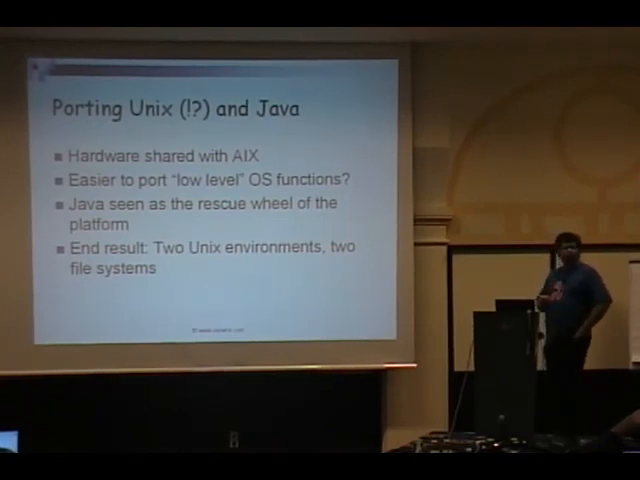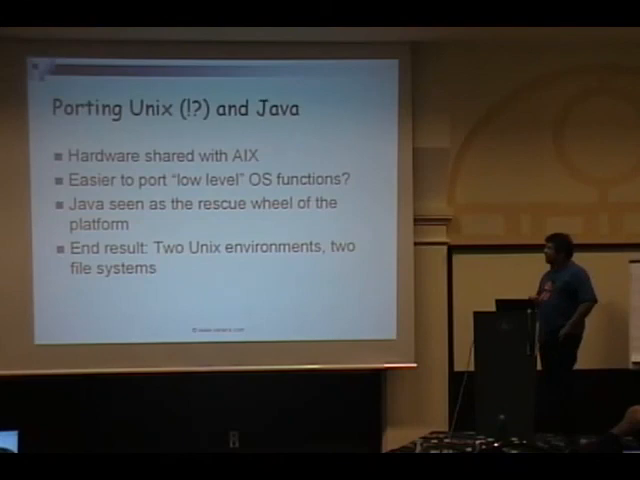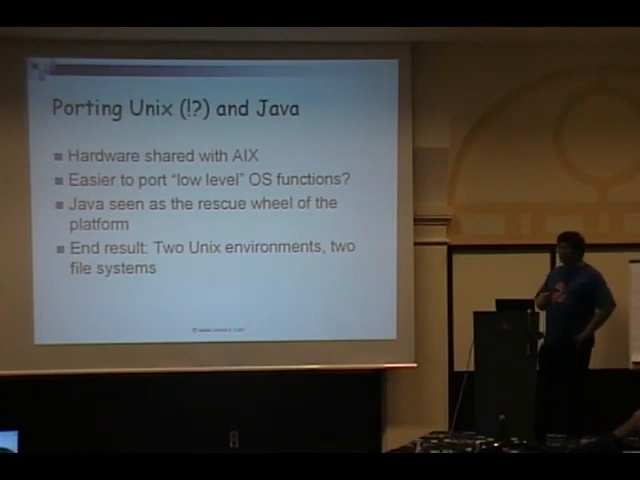At some point, IBM saw that they needed to support TCP/IP and all kinds of services, and